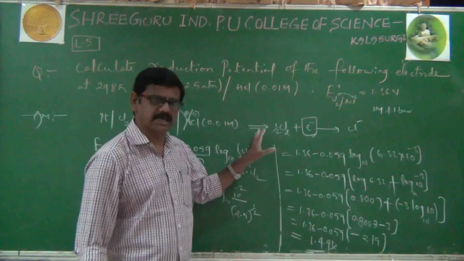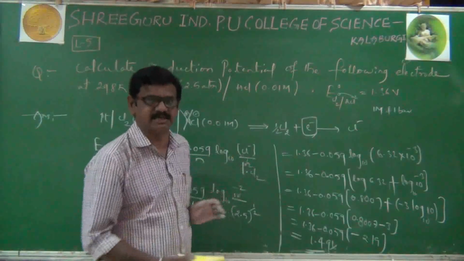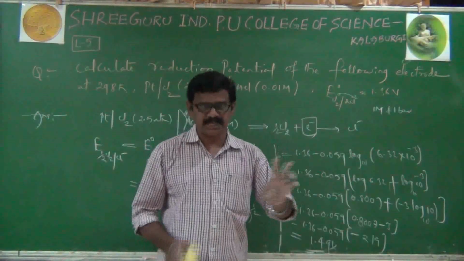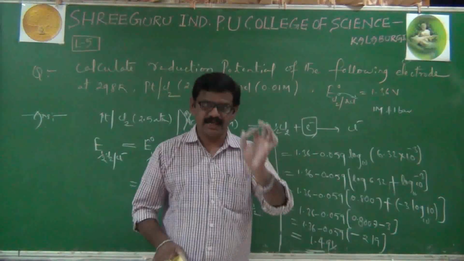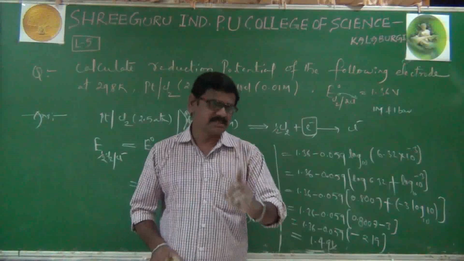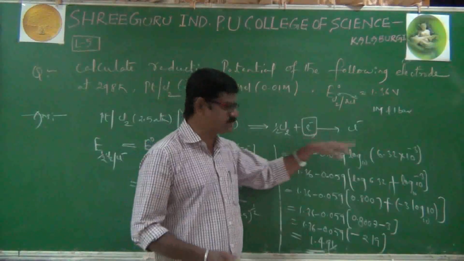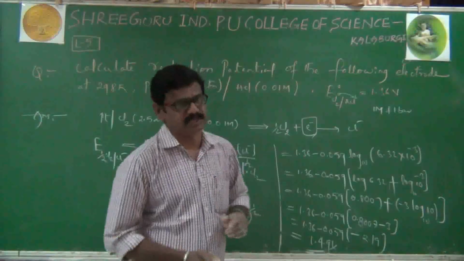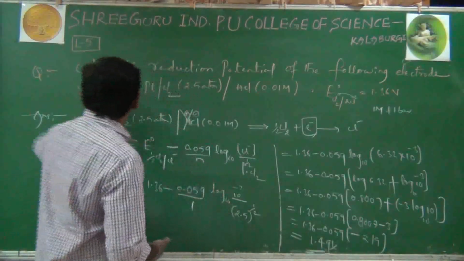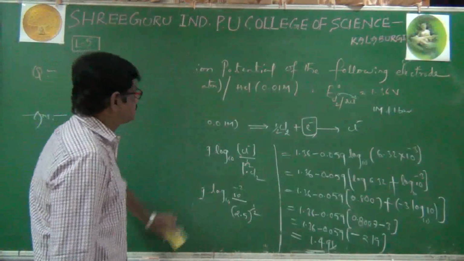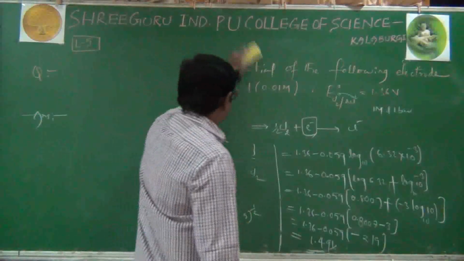This type of question will repeat in maximum cases. That's why, if you use 1 mole of electrons or 2 moles of electrons, it doesn't matter. You will ultimately get the same answer only. Take anyone. Every time there is no need to take 2 moles and 1 mole separately and show both. Okay, right. Next question, we'll go to the next question.